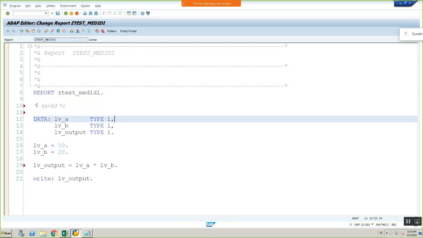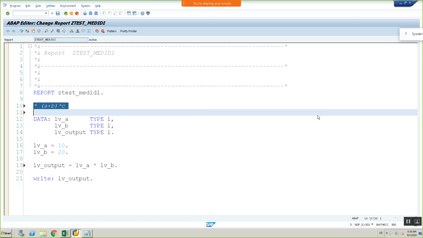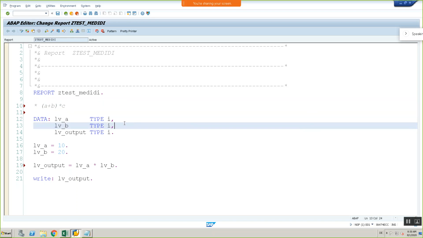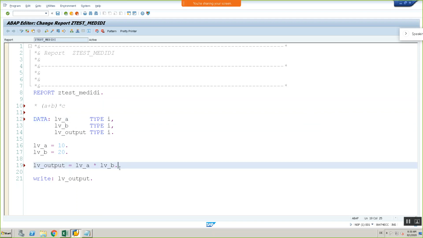Okay. So when we put a star at the start of this line, it means I am commenting the entire line. But for example, if I want to write a comment next to this line to understand what I'm doing here, take line number 19. I am doing here a plus b. Now I want to write a comment here saying that I am doing a plus b at this line. So how to write a comment here? So now here you need to write double slash, performing summation.